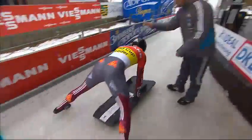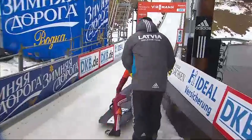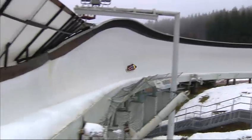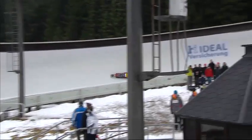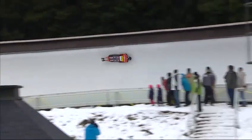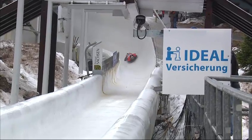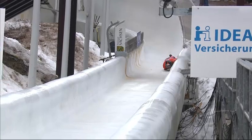And actually, one of the things that fans might watch on the next run is how little shine there is from the ice. Yeah, it's frosted over, and actually that's not too bad of a thing. Yesterday you could see how much water was on the track. It was just downpouring. We were going into skids and hydroplaning, going sideways. That means turning the sled at an angle. You always want your runners...